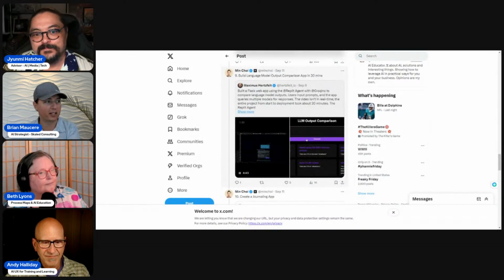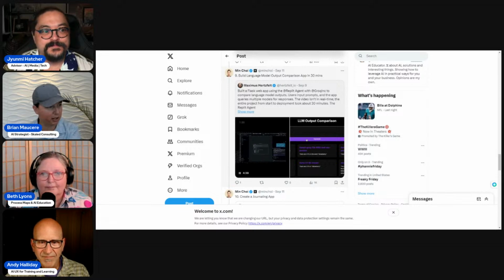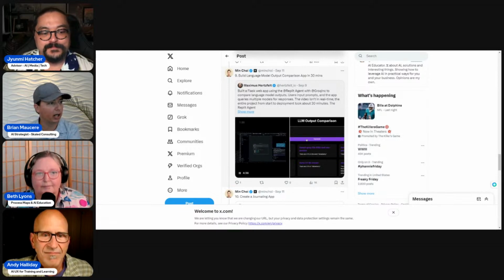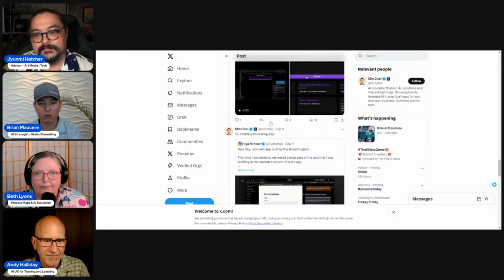I'm just looking through the last couple of days to see if any of them jump up. Something for Airtable. There was another one about semiconductors that built a world map for it. Built in language model output comparison in 30 minutes. And the last one here is created a journaling app. So just different examples of what people have been using Replit to do. And obviously we're assuming these are all functioning things. They didn't crash or whatever.